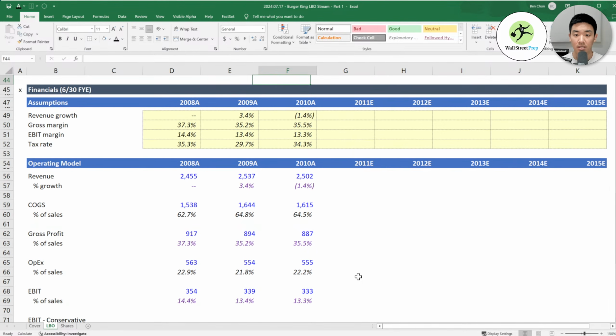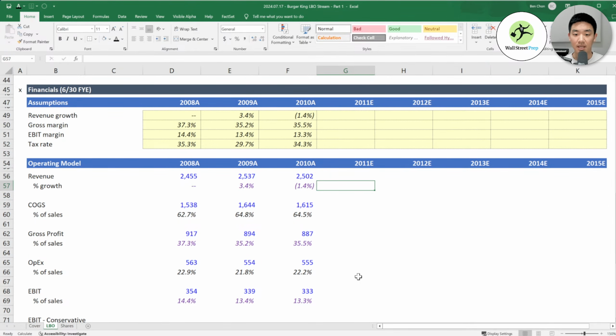And then the question is, what kind of projections do we need? This is where a lot of the time people ask, if you don't have good access to FactSet or whatever for projections, how would you actually get your numbers?